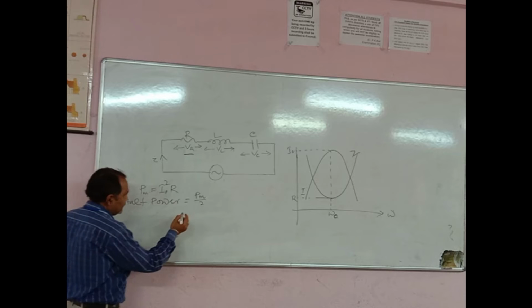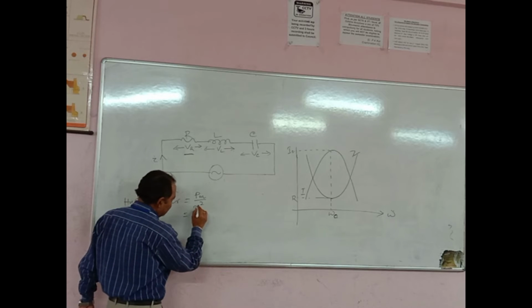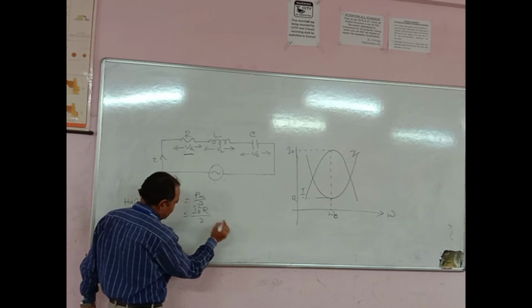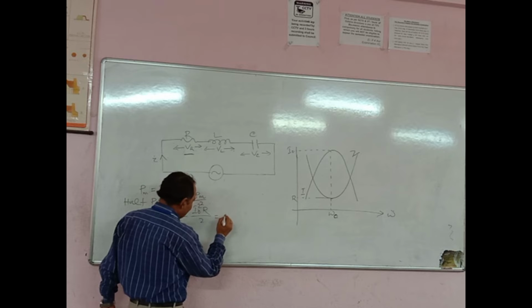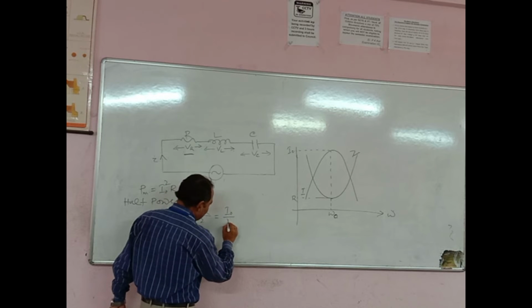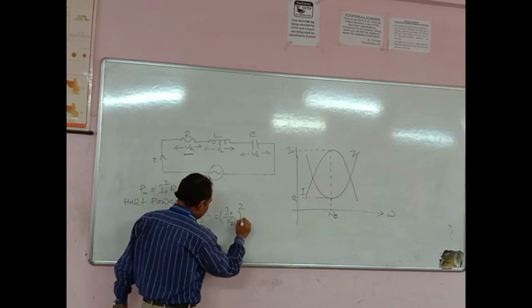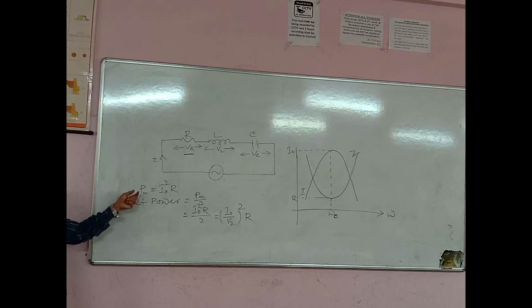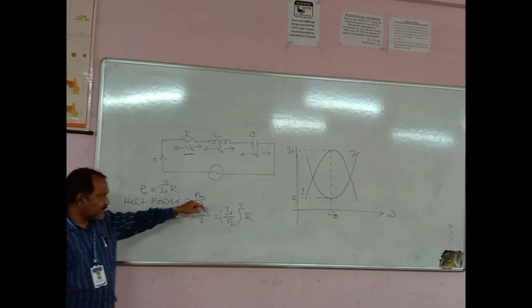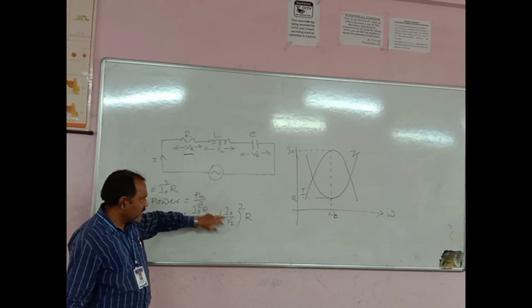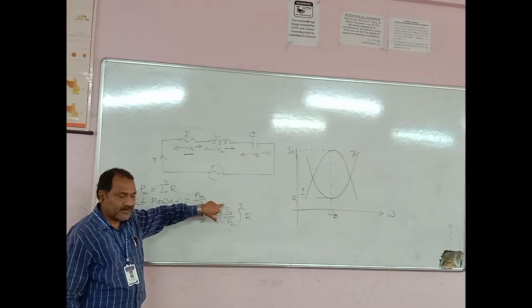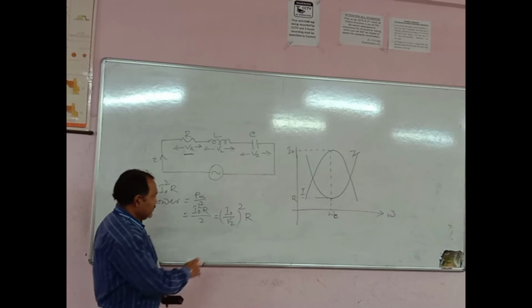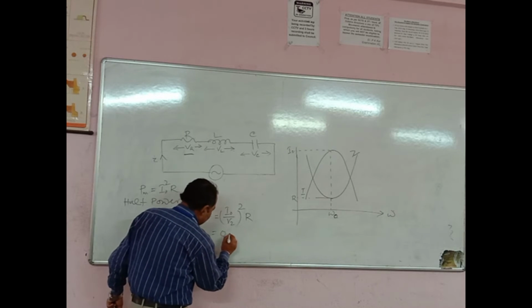So P max by 2 will be equal to I0 square R by 2. This can be simplified as (I0 by root 2) square into R. That means the power becomes half when the current is 1 by root 2 times the maximum current. Therefore, we can say this is 0.707